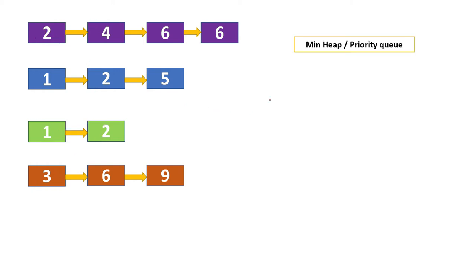Now let's check how min heap or priority queue will help us in this case. Same thing we can do again. First we'll start from the first or head node of each and every linked list. And we can put all these nodes in a min heap or priority queue. Then it will look like this, if you know about min heap. It will rearrange itself or heapify itself, and the root element will be the minimum one. Then we got our first one, that 1. So 1 will be our first node in the answer or result.